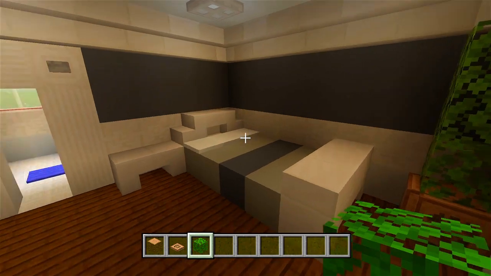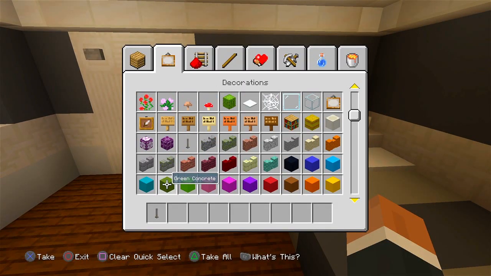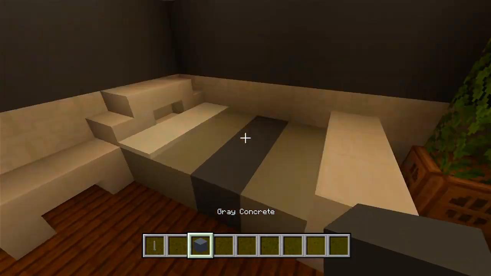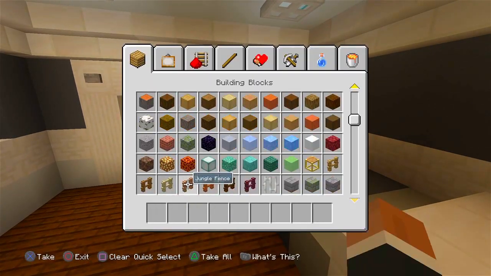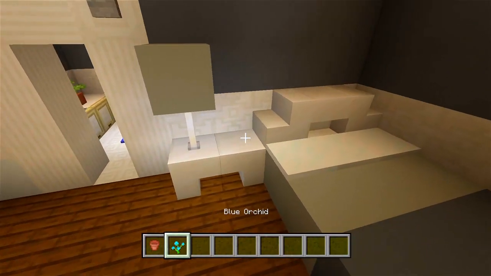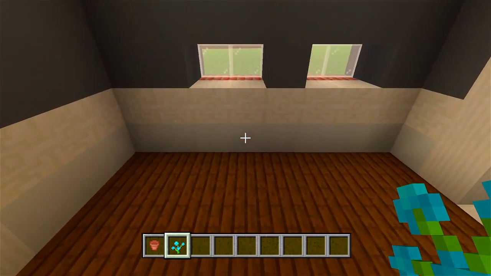Okay. And then over here, I think we could get a lamp. And how about we'll do a gray, or not gray, that'll match the wall. I don't like that. We'll have light gray. And then a flower pot with, how about the blue orchid? Get a little bit of color in here. Okay. Then over here,